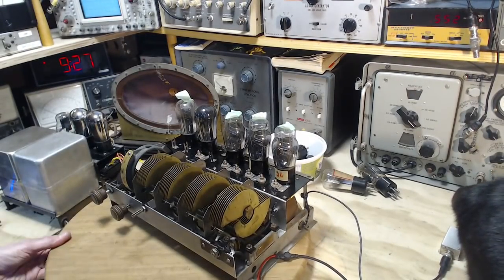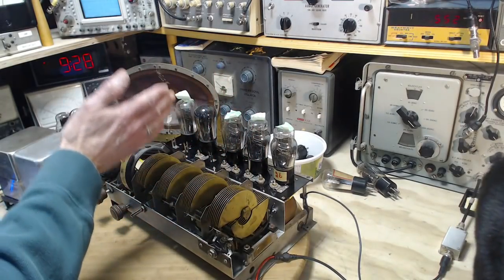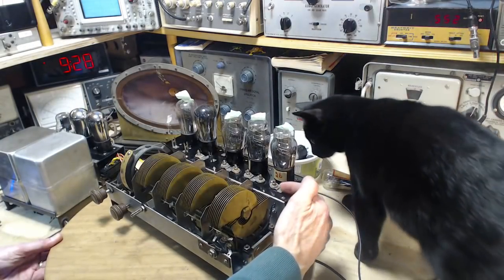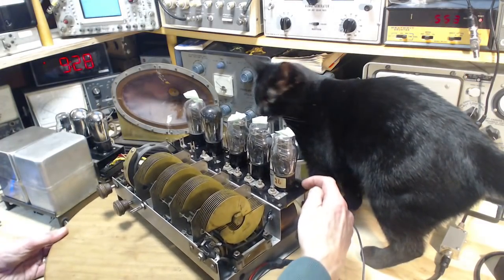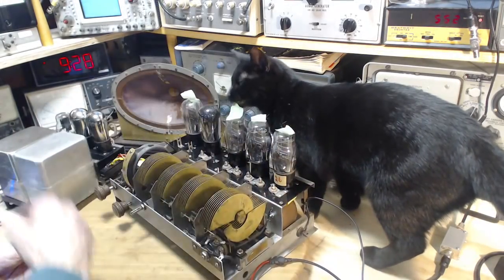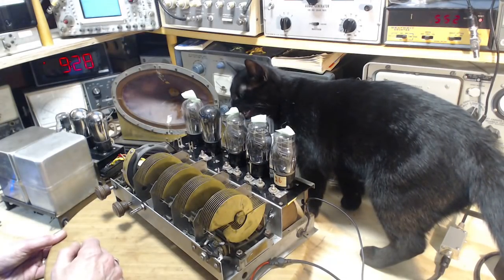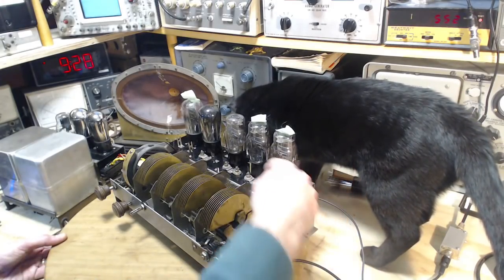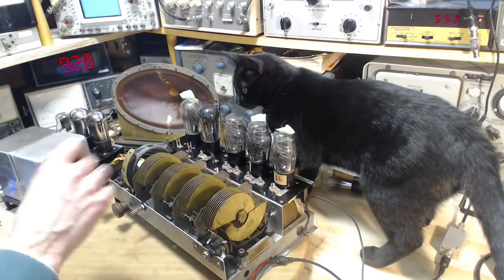Now, one of the things I've been thinking about is how can I look at the signal as it travels its way through the radio, and there's lots of easy opportunity up here. Each one of these pieces is connected directly to the grid of the tube here. So you can see there's a rivet, rivet, rivet, rivet. There's four pins, and there's rivets for each one. So grid, grid, grid, grid, and the grid. Very easy to...